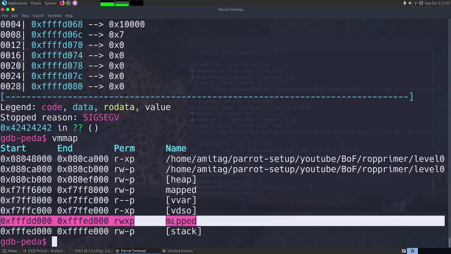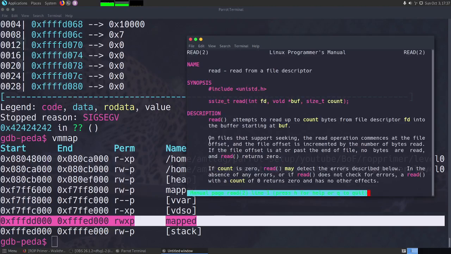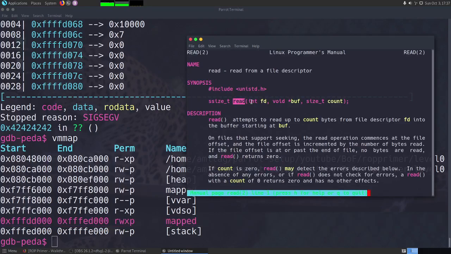Now how do I put my shellcode there? So again, we will have to see how we can put the shellcode there. And we know that if we want to put something into the stack, the best way to do that is using the read command, right? So let's look at read. Again, if you see read, we have 3 parameters that are required: fd, the file descriptor from where to read, and we know that we want to read from stdin. Because there is no other file descriptors open, and it will be difficult to open a file descriptor and then read it from there. So why not directly read it from stdin?